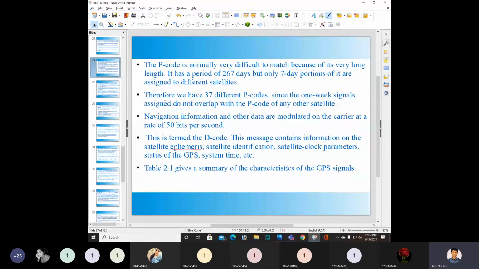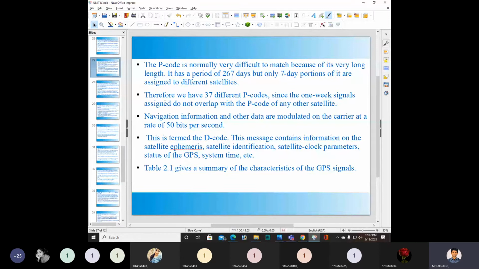The P code is normally very difficult to match because of its very long length.